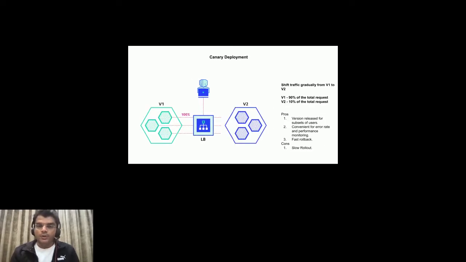The second one is canary deployment. Here both the clusters are up. Both the versions of the application are up. However, you do a traffic splitting, which means that both the versions are available up and running. For a small subset of users, you start redirecting them to version 2, which is the updated